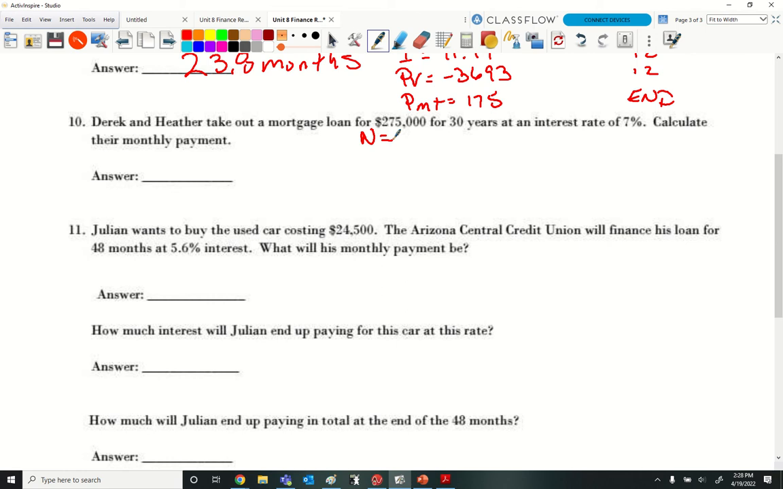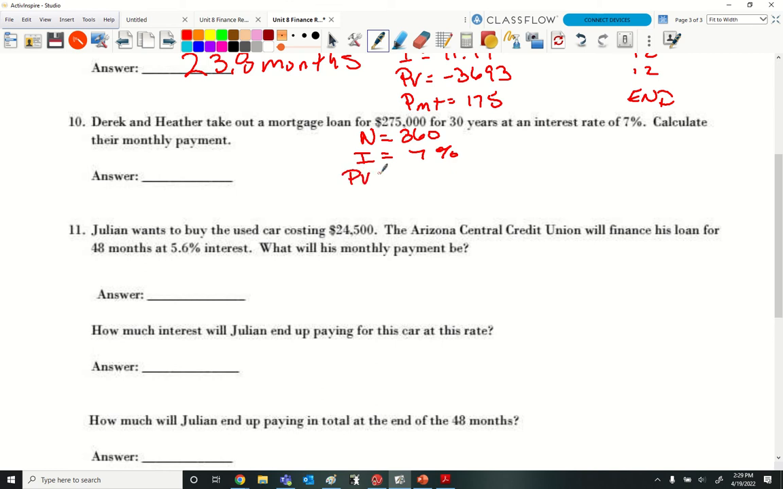Why is it 30 times 12? Because it's monthly. Do you make a payment every month? Yes, you make a payment every month for how many years? For 30 years. So that's how we calculate how many payments we're going to do. So it's 30 times 12. 360. Very good. So that's important. You have to calculate that. So 360. And then interest rate is